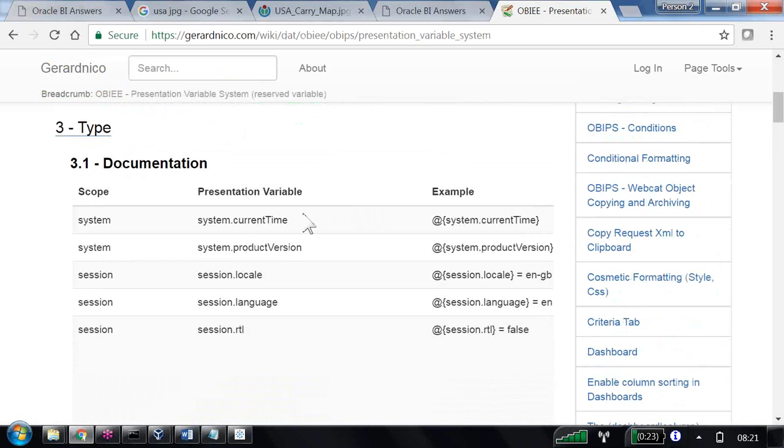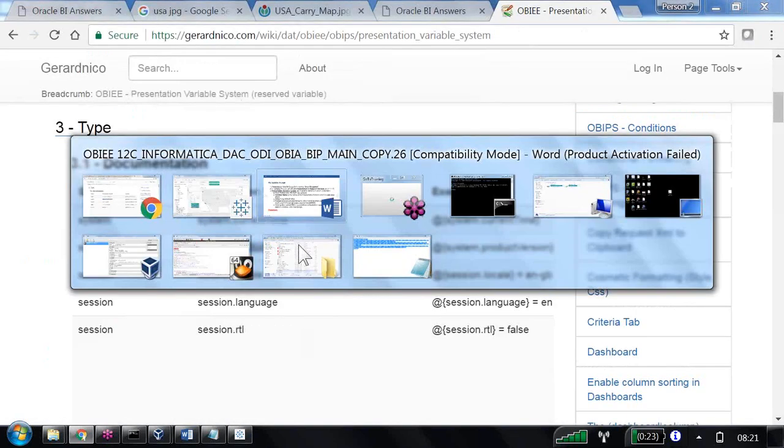We got one big table. What is this one? The presentation variable name is what, and what is the example? We just used system dot current time. The next one is what? System dot product version. If I want to know the product version, let us say I am going here, then